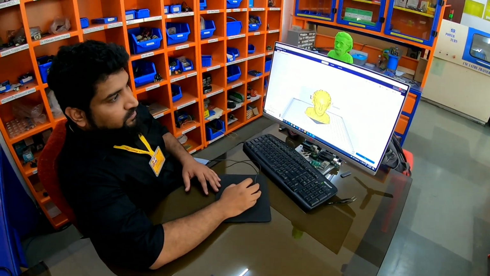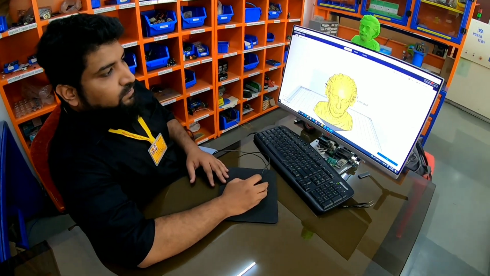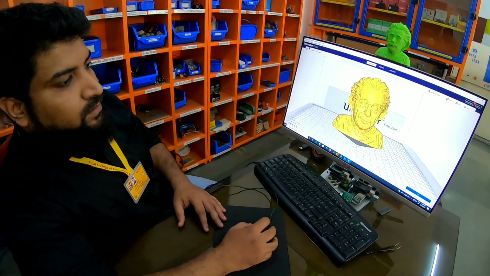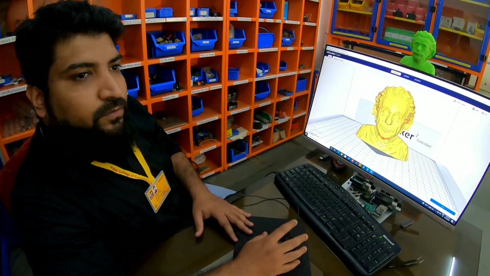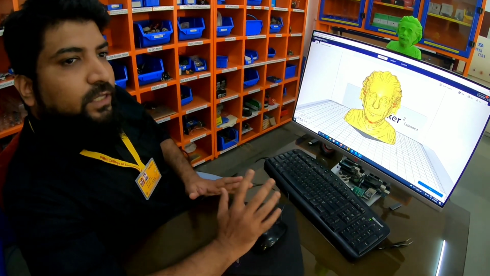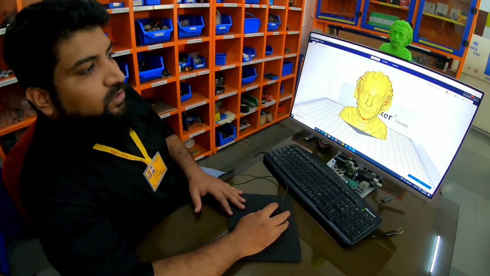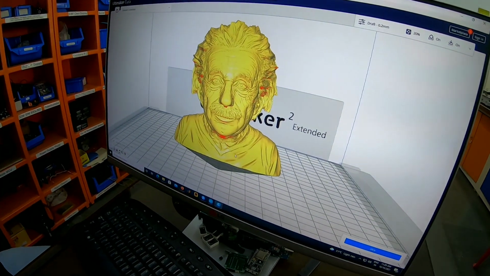So sir, the model which you showed in the setup, it is first created on the desktop, I guess, with the help of some software. So there are 5 processes involved in rapid prototyping. First is CAD modeling, where you design the model, and the second step is called slicing. This is called slicing software, where you slice your product into different layers.